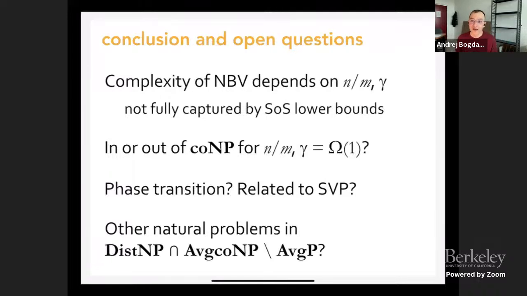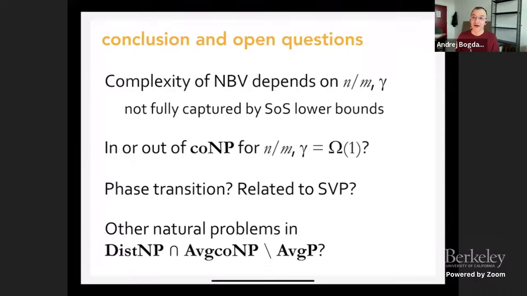And more ambitiously, as you move these parameters around, you get different behaviors, so you can start asking, is there some kind of phase transition? Or does the other thing happen, where if we give the algorithm more time, like non-deterministic time, sub-exponential time algorithms, then we can get even better parameters? I think something like this does happen for the shortest vector problem, so it might be related to that as well.